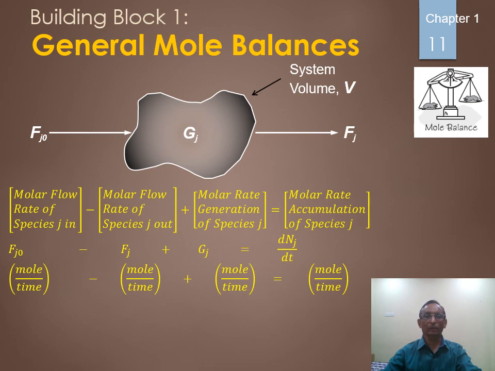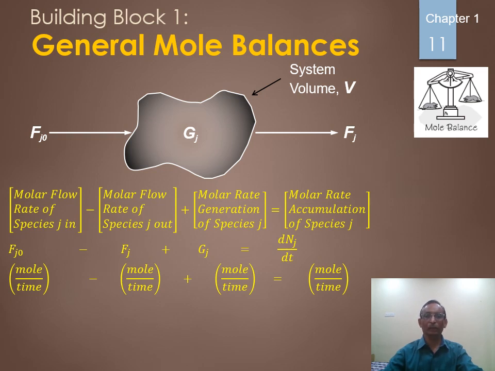Gj is the molar rate of generation of that particular species J, because your species J is going to be consumed. It is going to disappear in the volume. At what rate it is going to disappear, that you are going to identify. So Gj is defined as the rate at which J disappears, related to how much volume is available for that. In the next slide we have defined that it depends on Rj and the respective volume, Rj into V. So you are going to substitute that in terms of the generation.